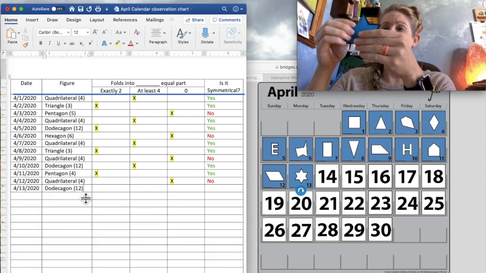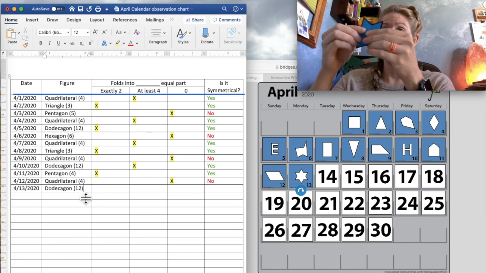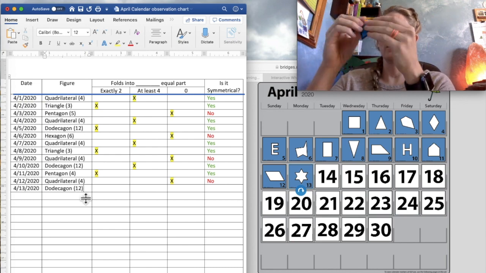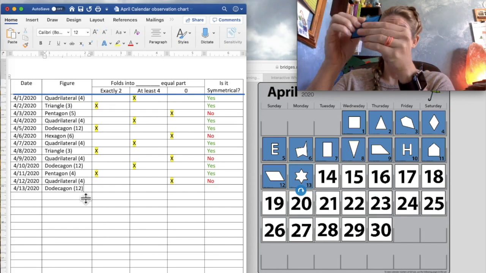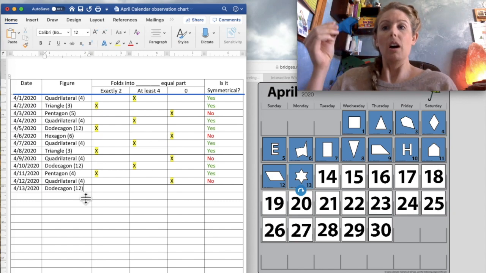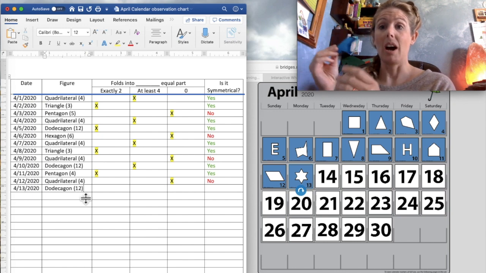Let's try another one. I'm here with only so many times, and I don't know how long I can do this. Oh my goodness, over and over and over and over. Boys and girls, there was many different times that I could fold it, so I'm going to go ahead and